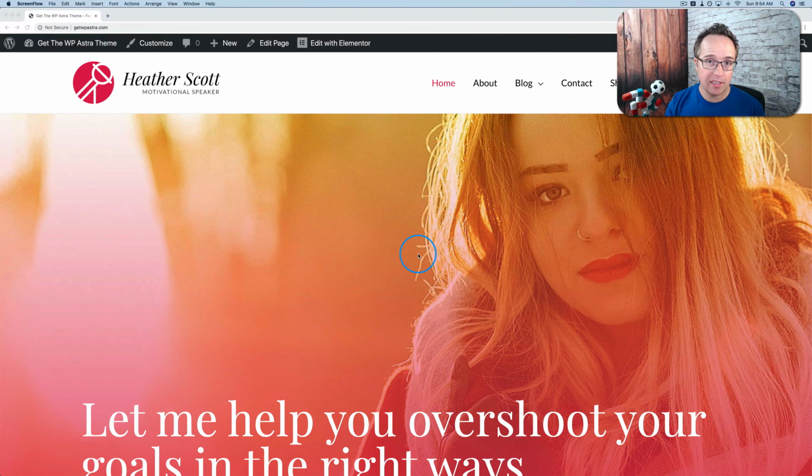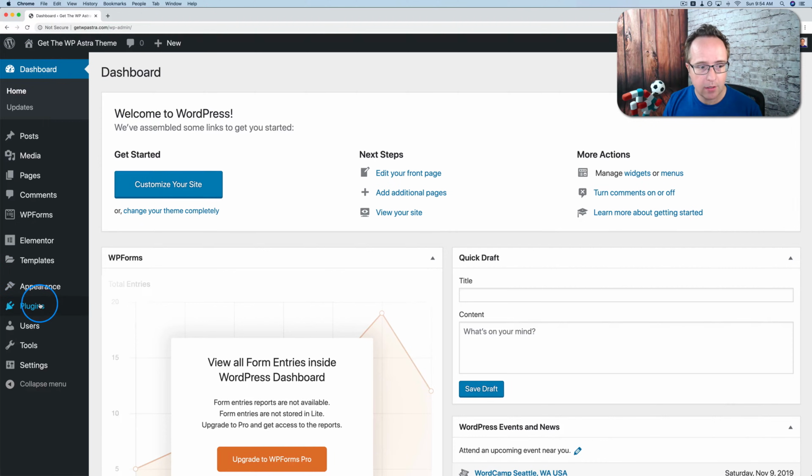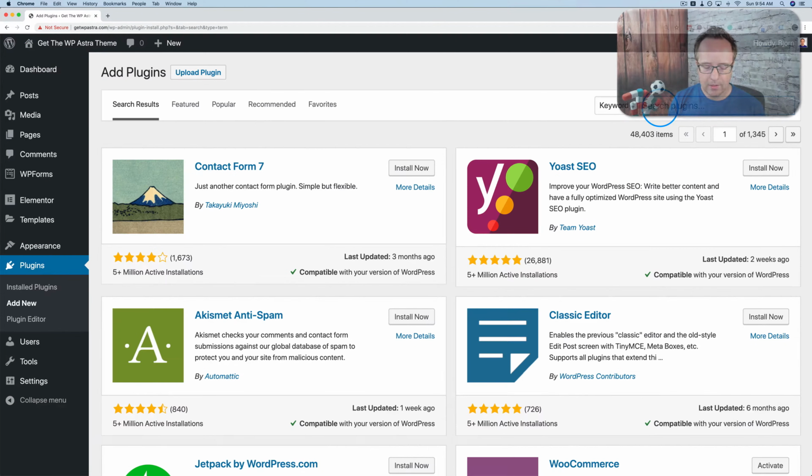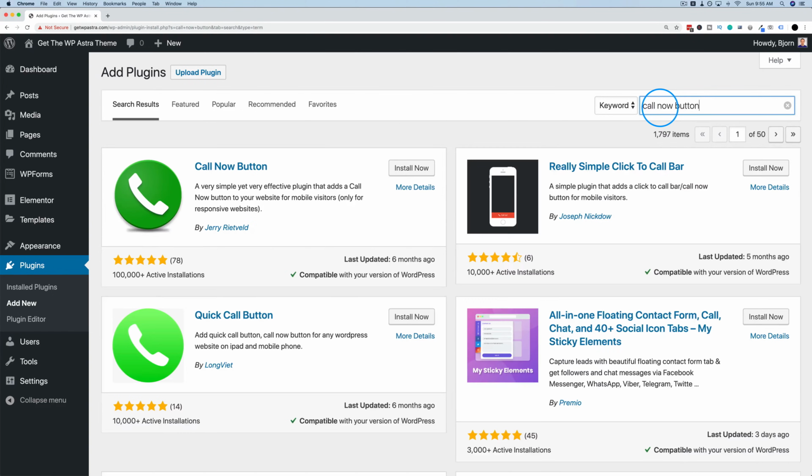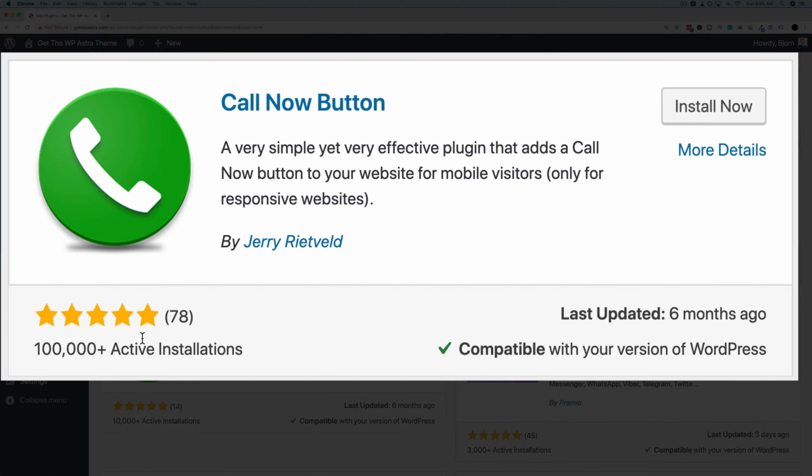The first thing we have to do to get the click to call button on our site is install a plugin. So let's head into the admin area of our WordPress site, go to plugins and add new, and then search for call now button. This is one of the most used ones, with one of the highest install rates and star ratings. And it's a great plugin. I've used it before on other websites and it's worked really well. But there are a bunch of other options as well. So if you don't find this one works for you, there's a whole bunch of others to try. I'm going to click on install now